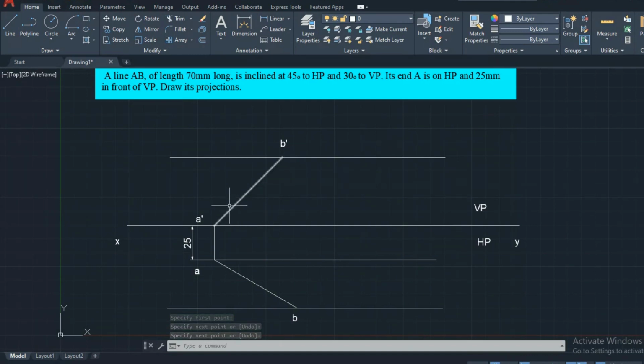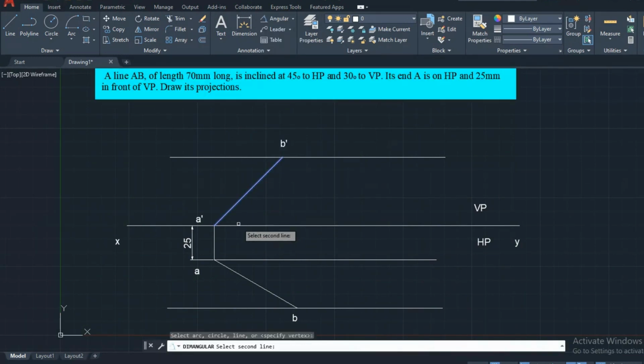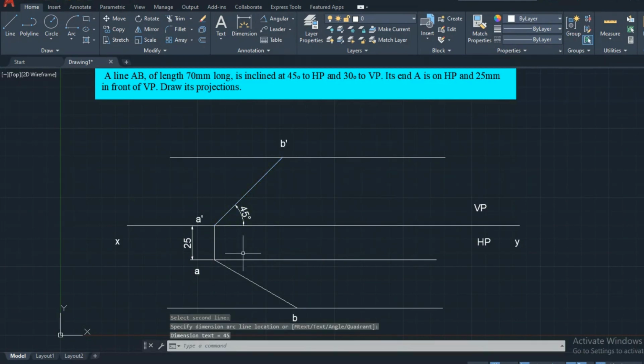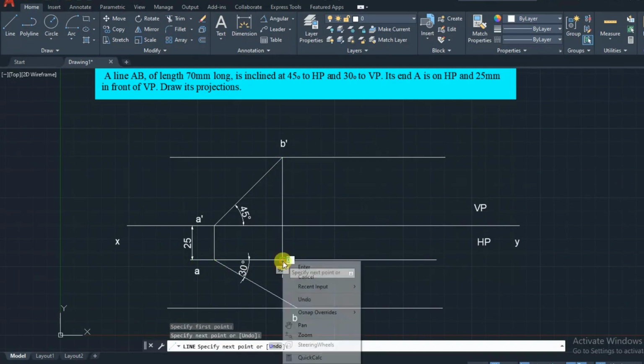Now because of the inclination, 45 degrees here and similarly 30 degrees here, when we look at the top view we won't get the true length. So here I am using the rotating line method. Draw from the B end, since we know the A end. When projecting, keep the same in-front distance on the XY line.